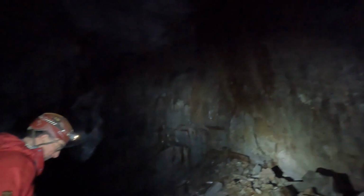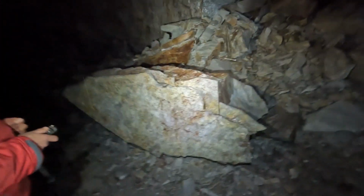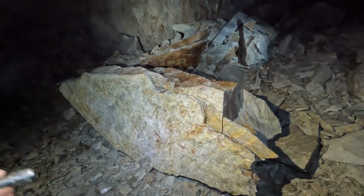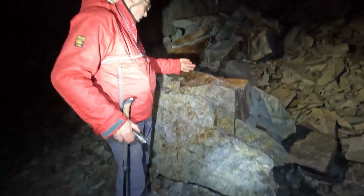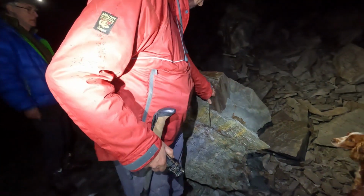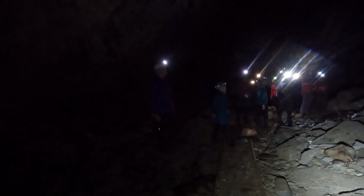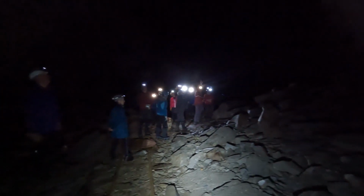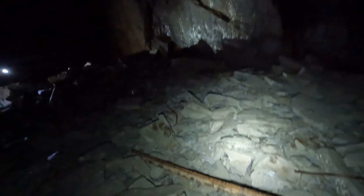Alright. So that's one of the last blocks they pulled off, I think. Yeah, that will be one of the last ones. And it's pretty, but they've left it behind as not being what they want. You can see the faulting in it and the discoloration in it. It's not the slate they want. You can see the slate banding. That's probably as high as you can go, about a ladder. If it was still finding good slate up here, we'd probably put another level in on a higher hillside to back it from a higher place. But as we'll see in the next bit, going into the 85 metre